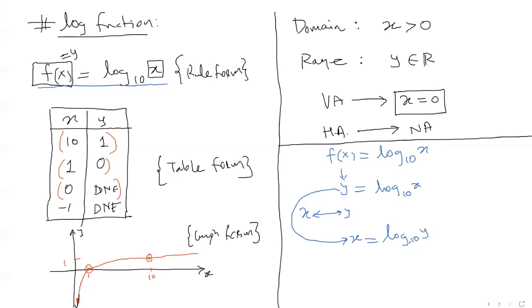And next we will make y the subject. So we know that y is equal to 10 is the base and log the x is the index. So y is equal to 10^x. And this y is nothing but the inverse function, f inverse of x, which is 10 to the power x. So we found the inverse function of log as well. So this is just an analysis of log in terms of functions.